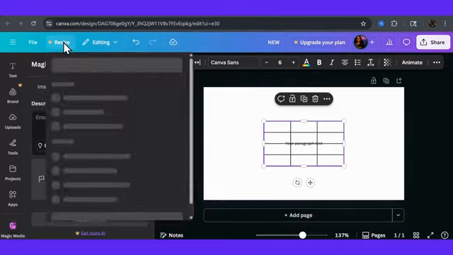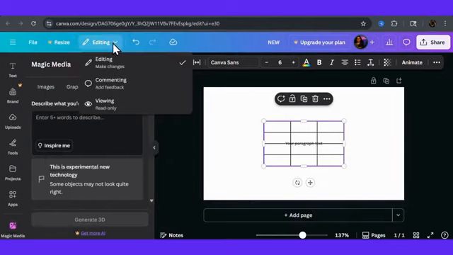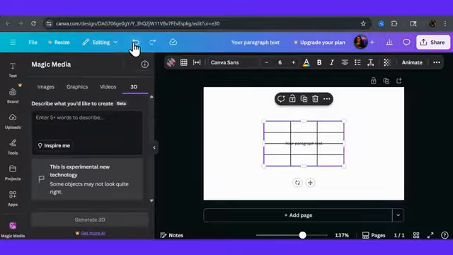You'll also see an option to resize your design. Just know that resize is a pro feature. Anytime you see a little crown icon, that means it's a paid option and only available on the Canva Pro plan. Next to that, you have your editing options, followed by your back and forward buttons so you can undo